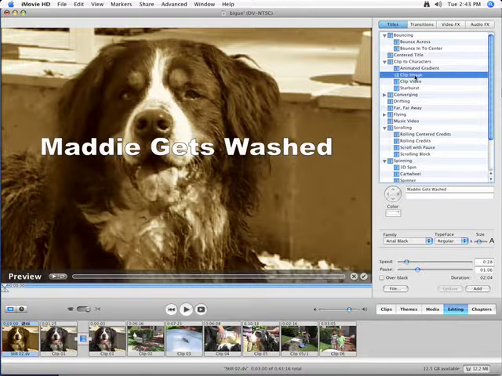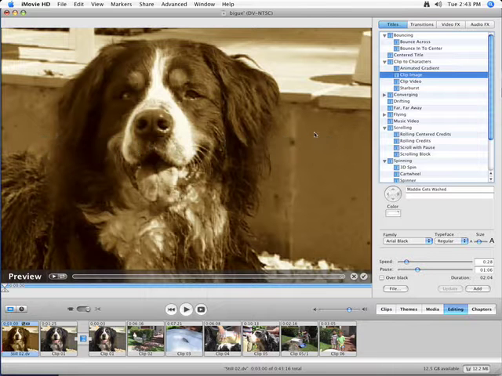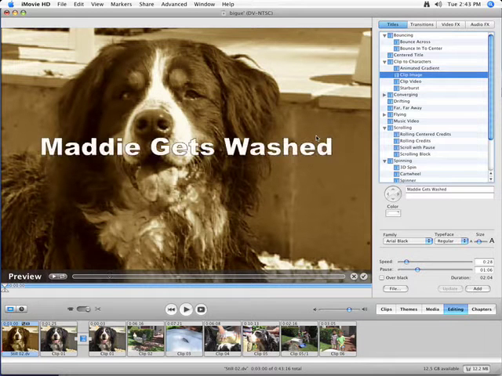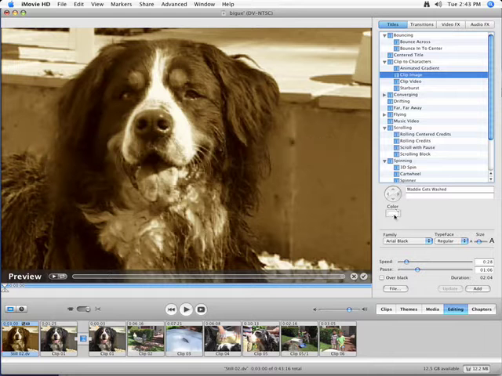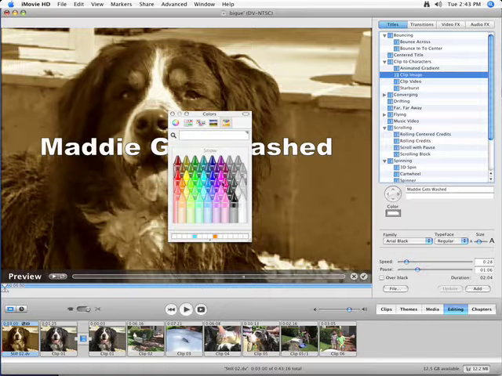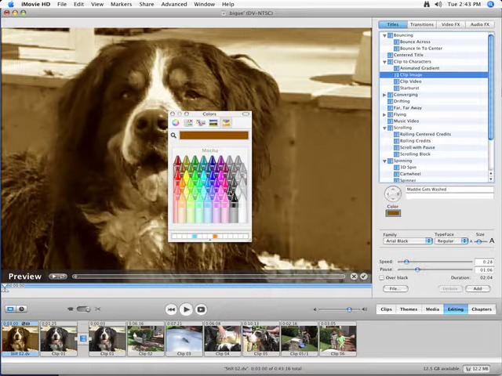The other thing you want to be careful for is contrast. If you have white font on a sepia background, that's got a really nice high contrast to it. Whereas if I was to choose a color that was, say, like light brown, you'll see it's harder to read that font. So high contrast tends to be important in font color selection, especially when you don't want it to blend into your background. Okay. So once I've chosen a color, and I think I'll go back to white, I kind of like that,